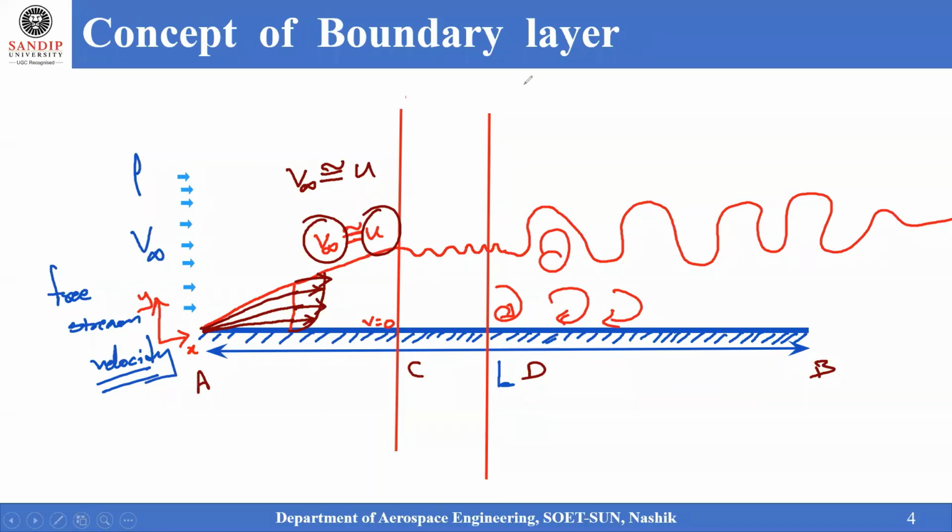Let us see again individually each section, what exactly is happening. Now the question comes, sir, what happened in this zone? Why does the surface have a 0 velocity, and as I am moving on top of it, how does the velocity get incremented?